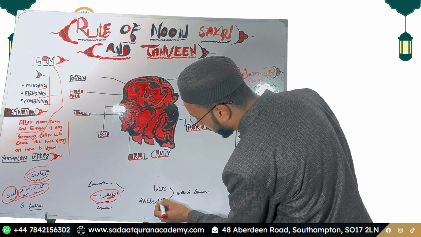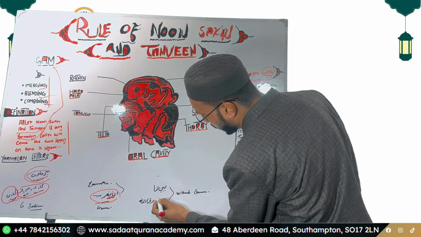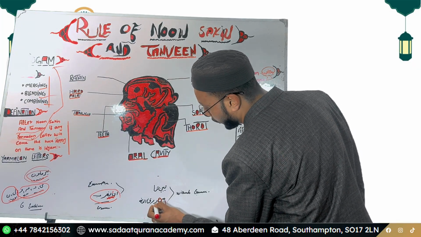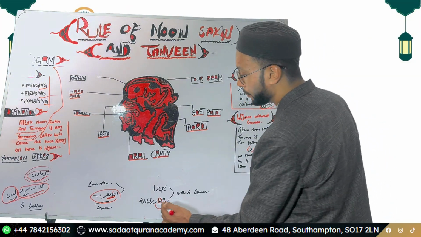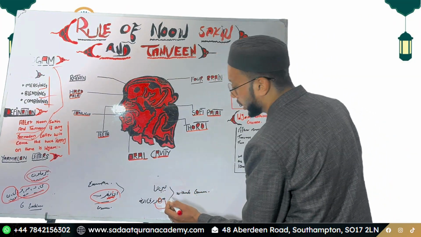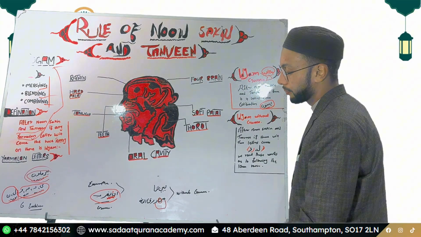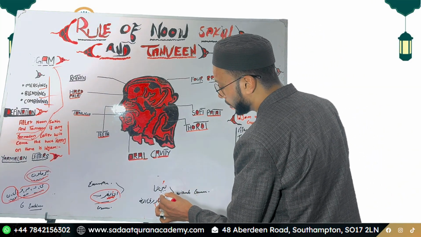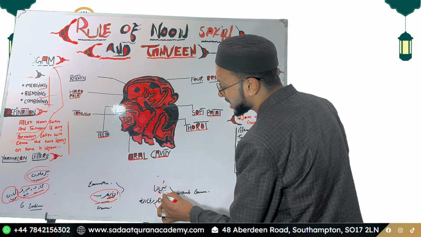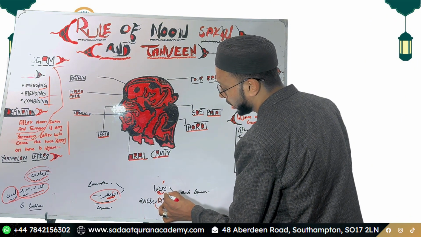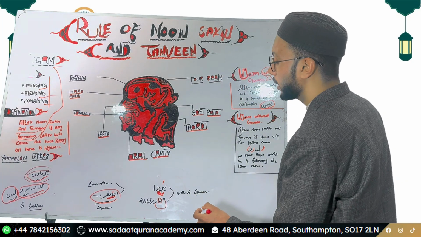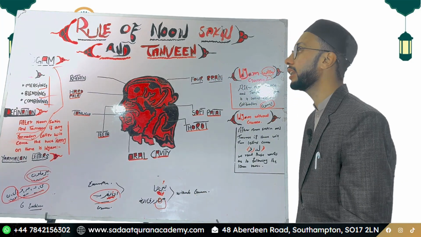Now you can see here is Noon, but the function of Noon is skipped here, because Meem is directly merging, blending with Ra. That's why we read Mir rizqillah. Another example is yubayyin lana. Now you can see here the function of Noon is demolished. Ya is directly merging with the Lam letter. That's why we read yubayyin lana.